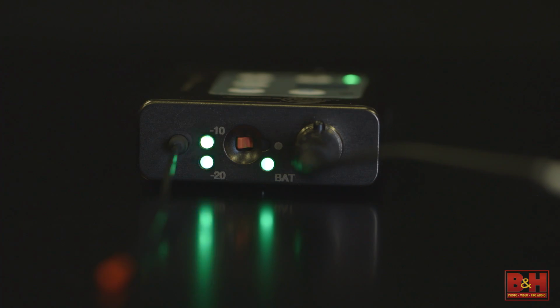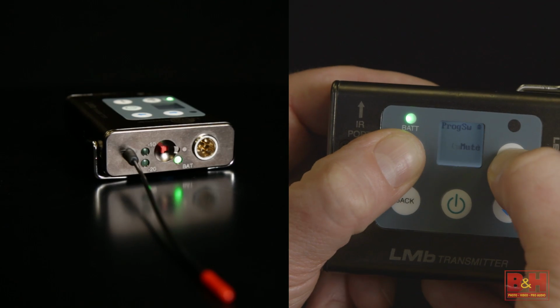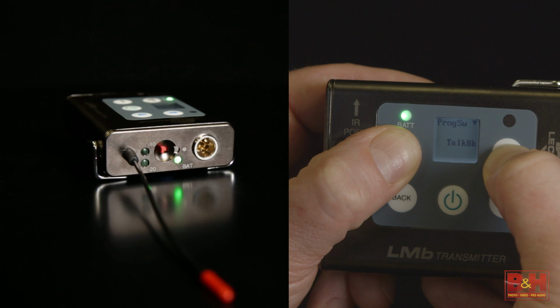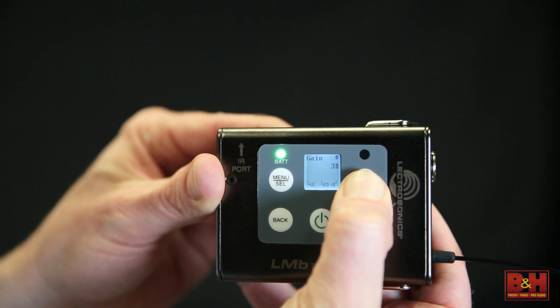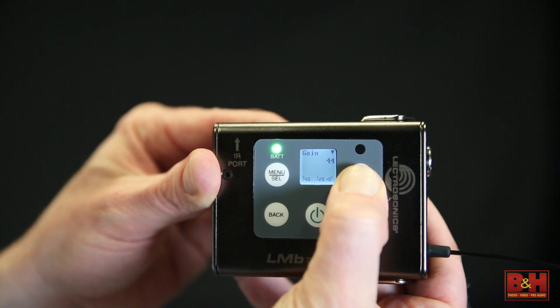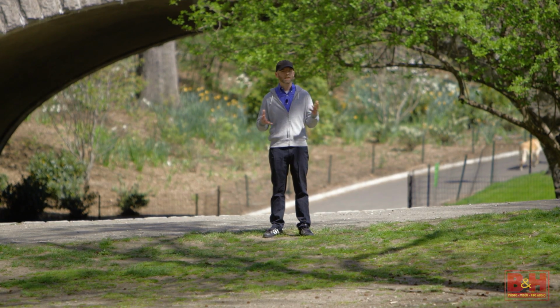It also features input LEDs and a programmable switch that can be programmed to function as a mute, talkback, or a power switch. Input level is adjustable over a 44 dB range, and the DSP-controlled dual envelope input limiter can handle signals over 30 dB above full modulation, meaning that the LMB can handle loud signal spikes like those from, say, a slap bass